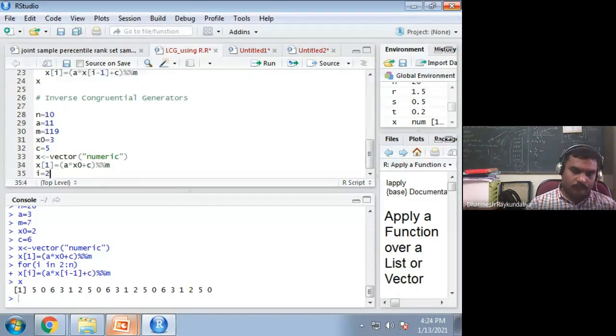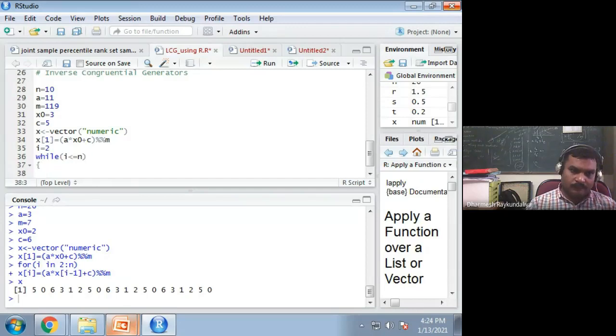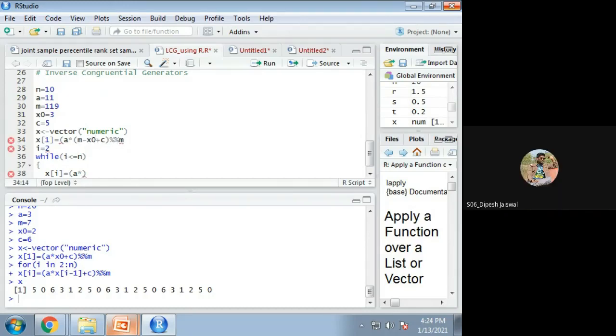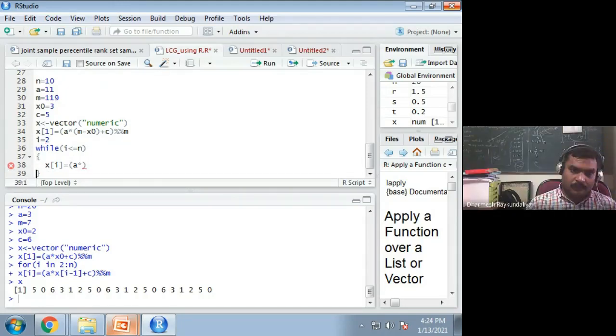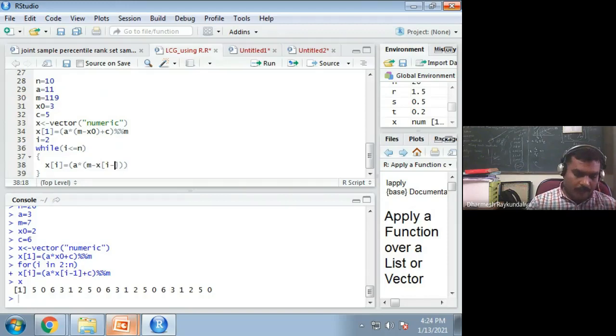And now I am using a while loop. I equal to 2, while I less than or equal to n, then in brackets what I am generating is x of I equal to a into, we are doing the inverse, so here we have to give m minus x of I minus 1, because we are generating x of I. So the initial value is used, plus c modulo m.